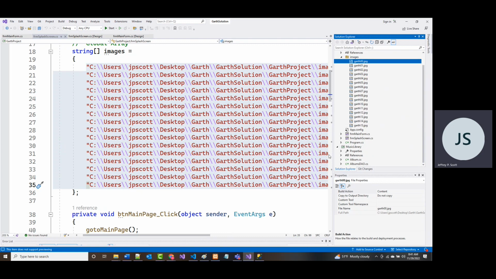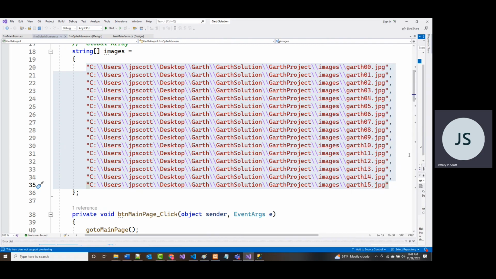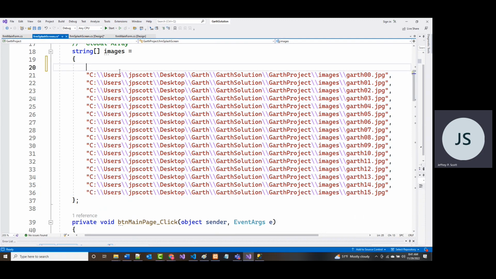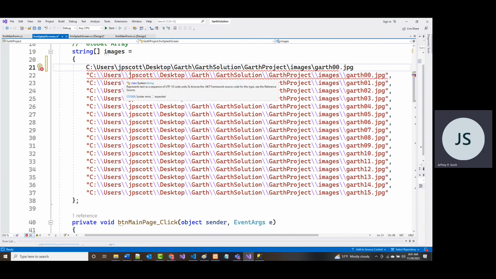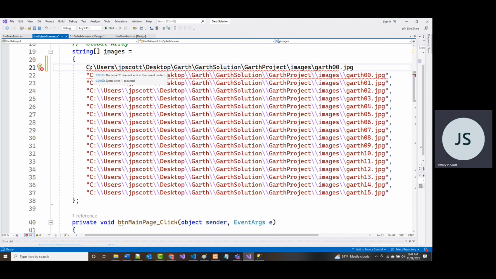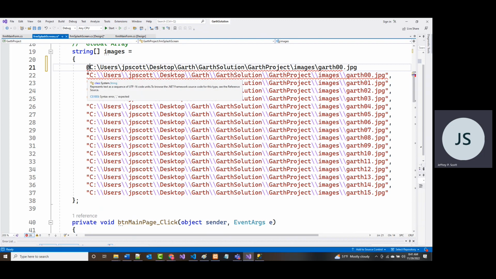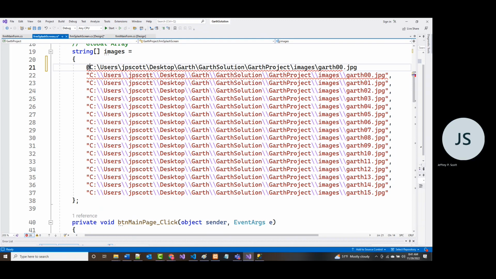Now, when I go in there and I copy the full path, what is that? Well, let's drop it in right here. It's going to give me an error, but we'll remove it in a minute. But look what we have there. C:, users, etc., all that stuff. And as I mentioned, you can either put an @ at the beginning. But after that, here we didn't use any @. So I just put it in double quotes.